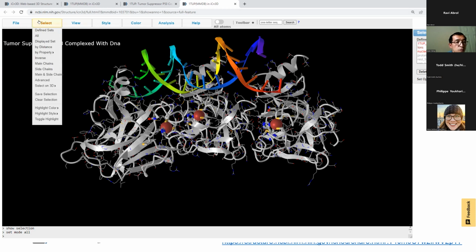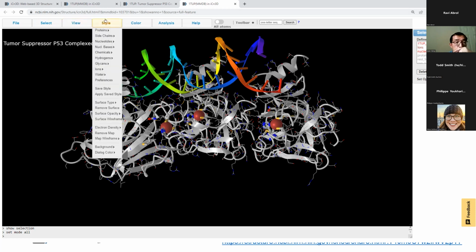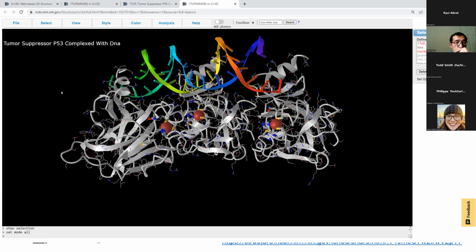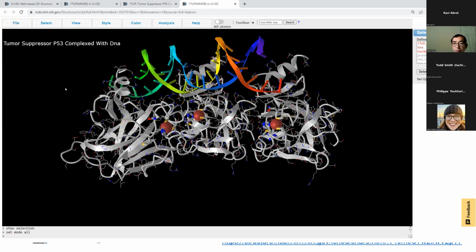One thing that you might want to do for those of you who are new, if you're saving this to cut out and put in your lab notebook or to put in a report or something like that, make sure you change the background from black. You can do that from style, background, and then probably just want to change it to white. I think black works when you're working with it on a screen, but certainly if you want to render this for a report, a publication, something like that, you want to turn that off. So